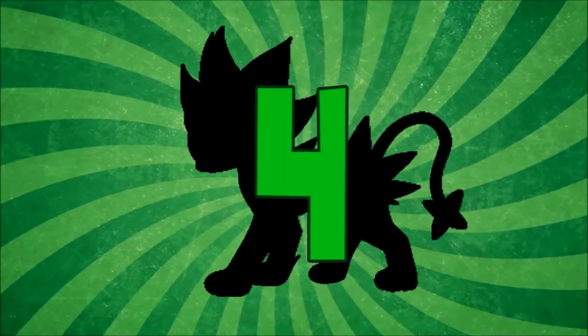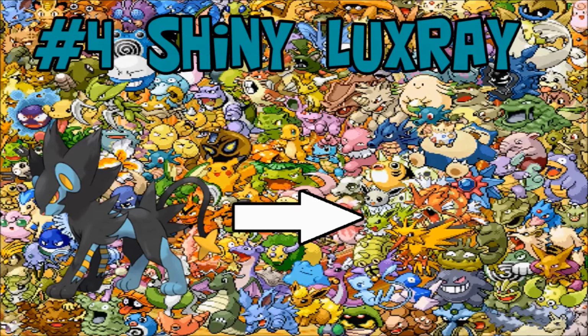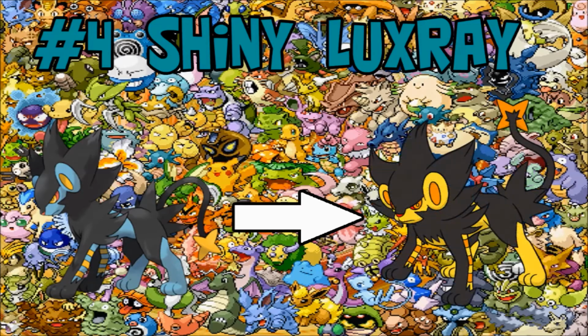Number 4. And the number 4 of my list is going to be shiny Luxray. And shiny Luxray is a little bit special to me because Luxray was the first electric type that I played with. Because I started off with Pearl, and well, I just loved shiny Luxray, even though I didn't know about shinies at that time. But later on in the game, and when I played X and Y, I found out that